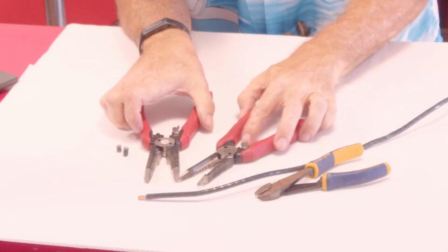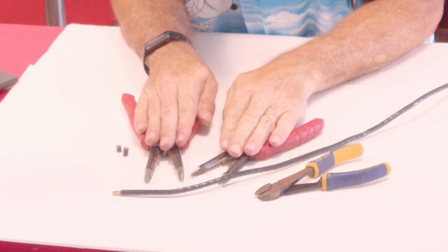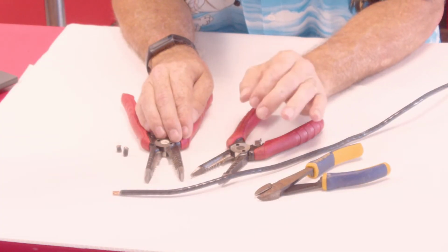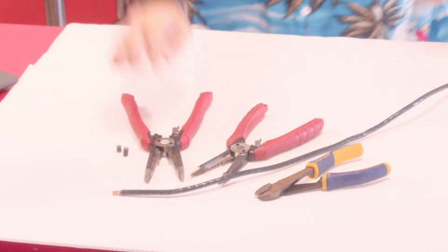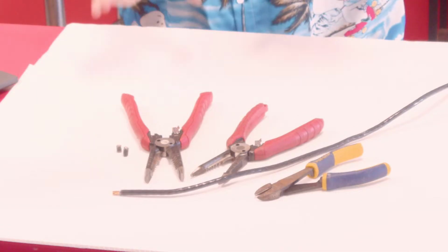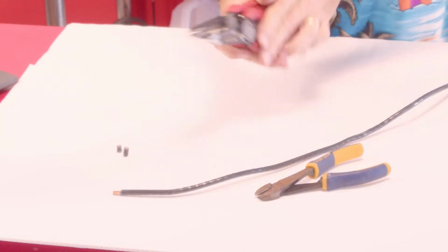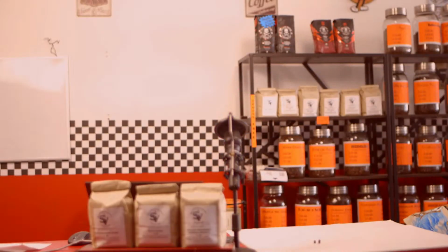But the fact is, you are not going to get away without having a good pair of wire strippers, a good pair of wire cutters, and build a system and take care of it. Now, wires being the most important part, I am going to show you the next item on my list, and it is